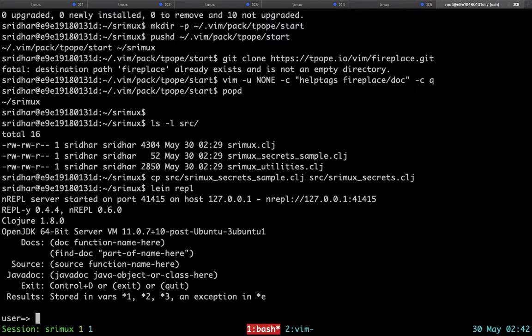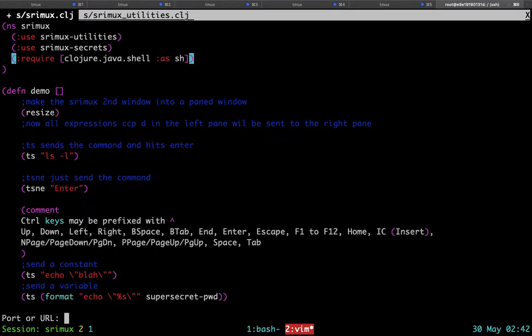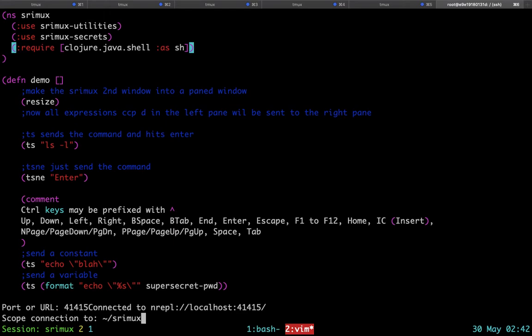So you can say Control A 2 and enter the port 41415 here. So it says the connection is established to home directory srimux. This is fine.